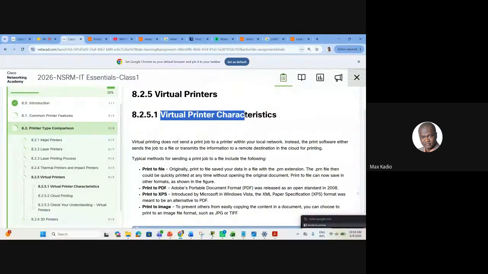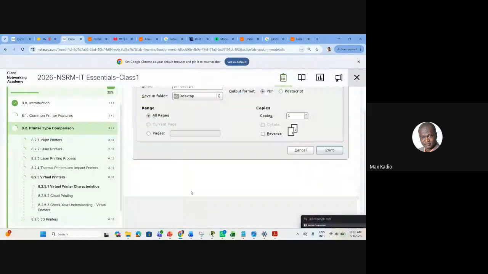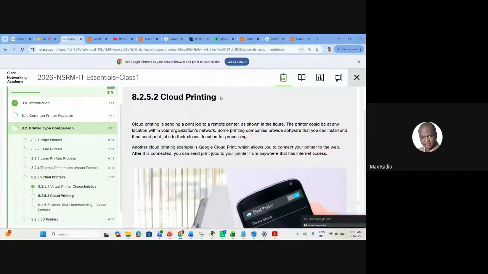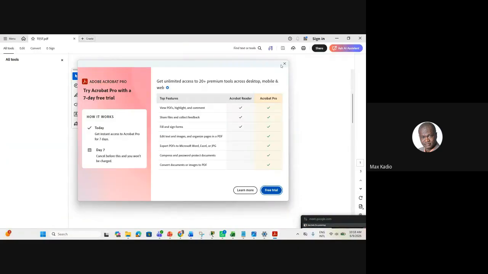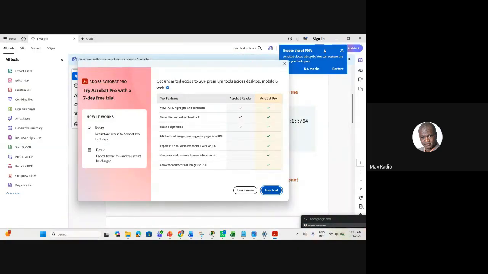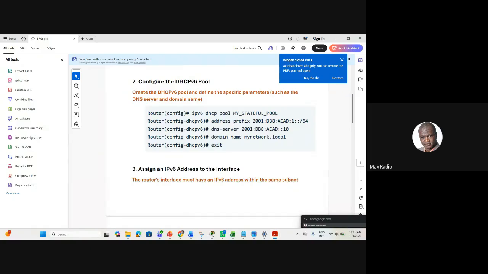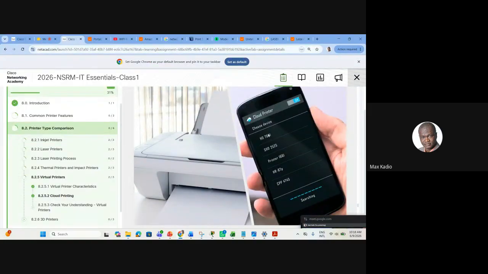So yeah, we can call them virtual printers, but not physical stuff. But okay, anyway, cloud printing, very important. You can print from your cell phones and anywhere in the world. What does it mean? On your phone, you download the printer type, you set up the IP address. You can be, let's say, in your village, and if you click print, it will print at your office where the printer is. Let's say you're on holiday in Hawaii or in US.